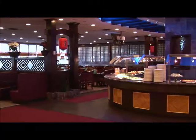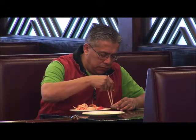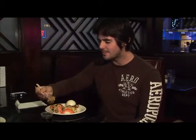The interior is spacious and new with lots of comfortable seating and room for large groups as well. Well, this is my 4th time here. I'm from Chesapeake, but first time I came here, I was just blown away. The atmosphere is great, the food is great. I come here mainly for the sushi, because for the price, you can't beat the quality, the selection, everything's